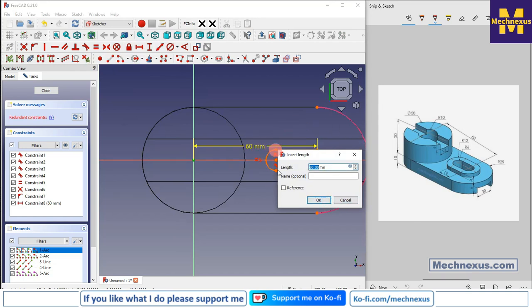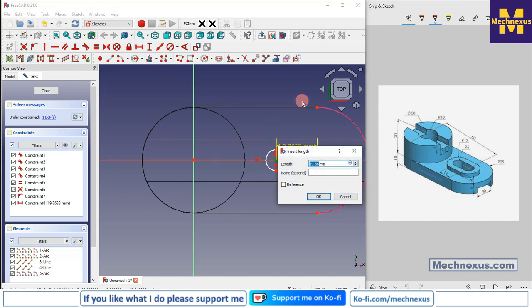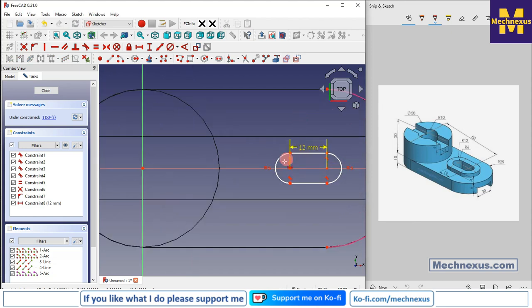So it is already 60 mm, and center to center is 12 mm. So select horizontal dimension and make it 12, and the slot radius is 12 mm. So select here the radius tool,